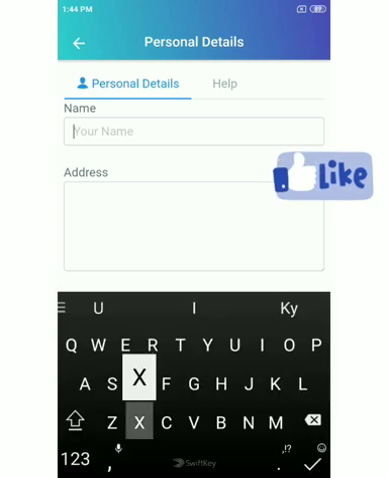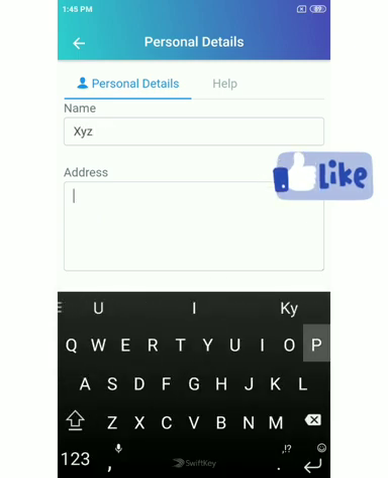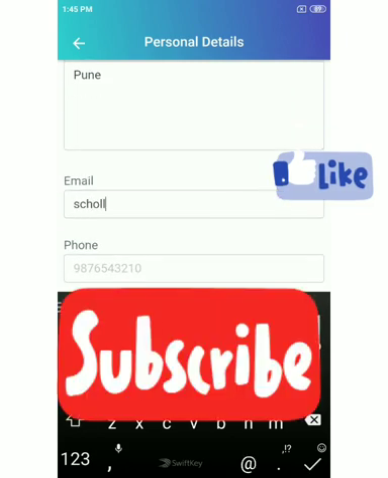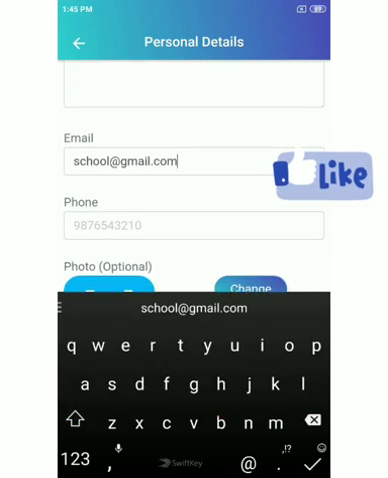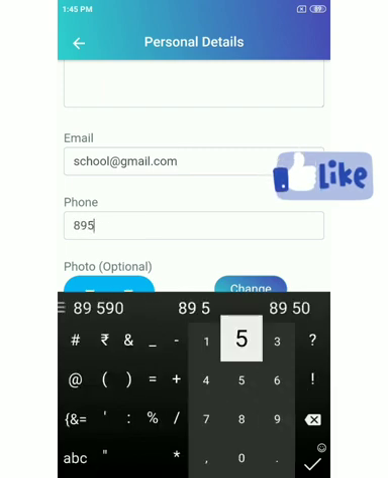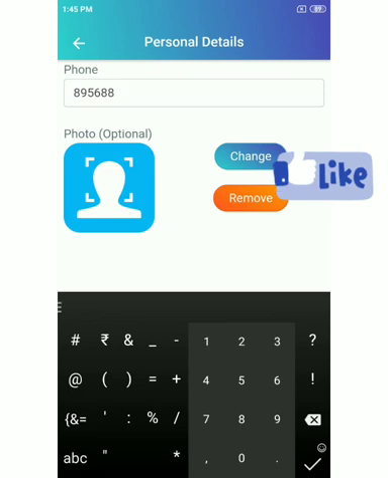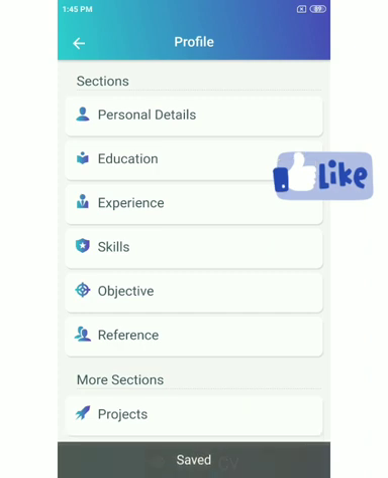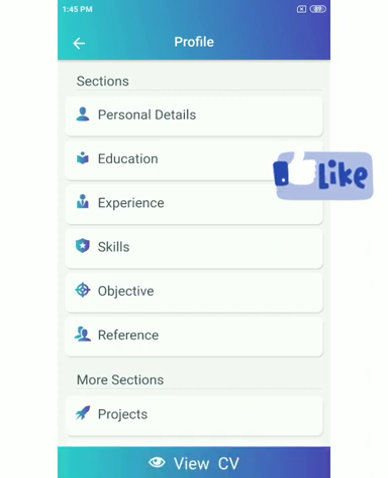This includes your name, address, wherever you are you can fill your complete address. You can write whatever email you wish to add, number for your contact details. Okay, photo, which is totally optional, either you can add that or you may not add this. Important is you have to save after each step. Now I will click on the save button and it is saved.